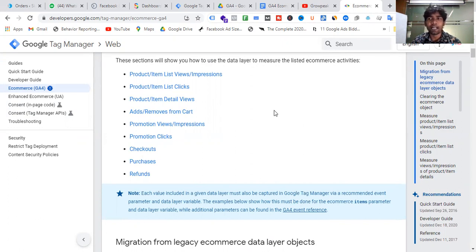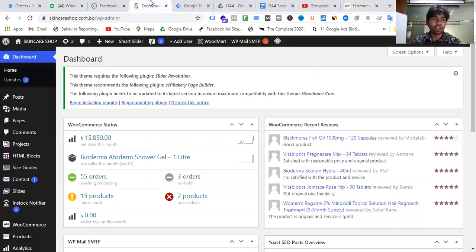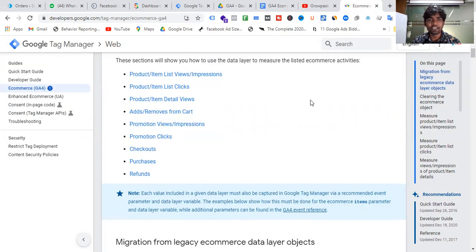And as you also know, this is a WordPress site. We can easily enable the GA4 schema using a plugin.